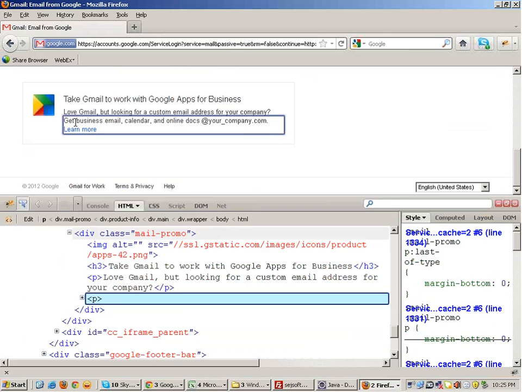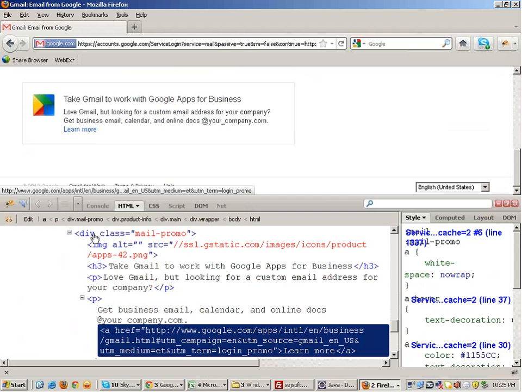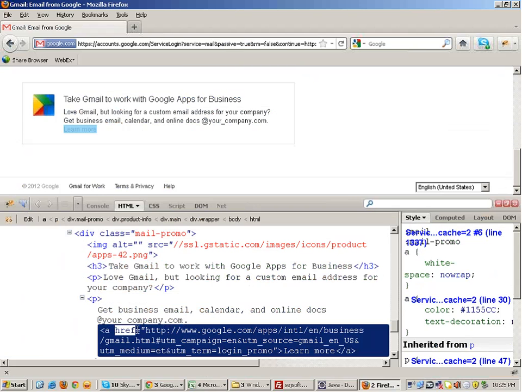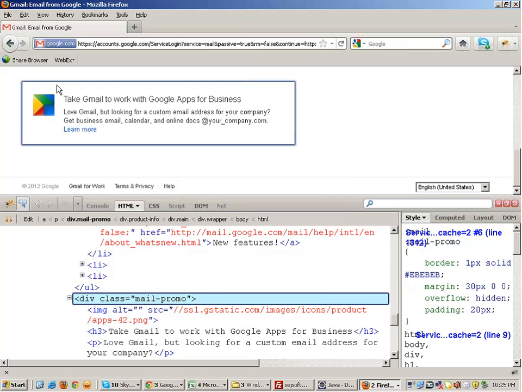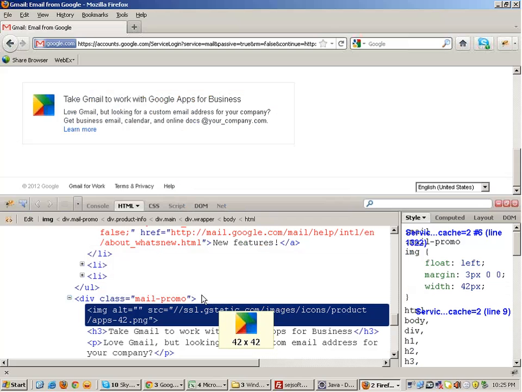For example, the link learn more. This learn more link has got an href attribute which is pointing towards this URL. So the href attribute in a link points towards the URL to which the link is pointing. Okay. The images, in case of an image, you will always get an attribute called